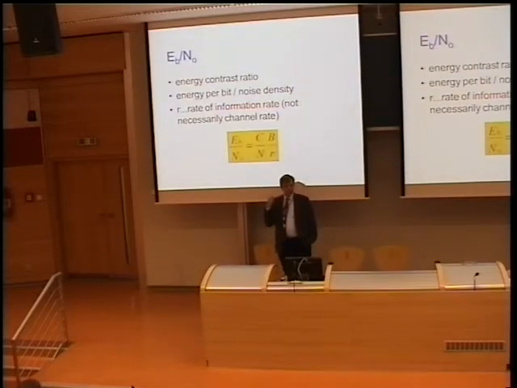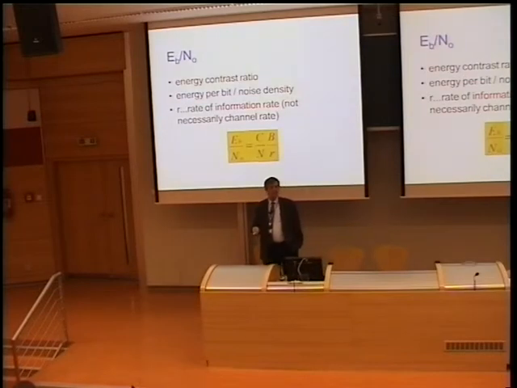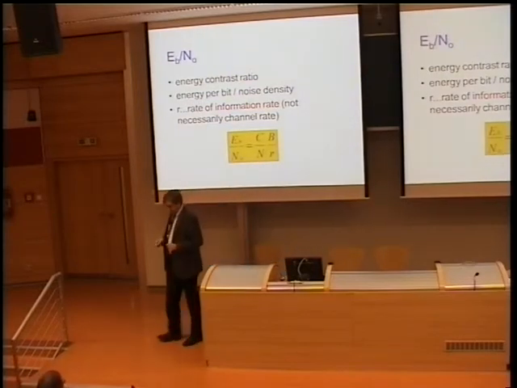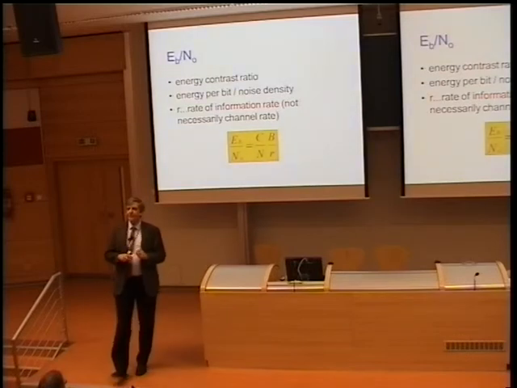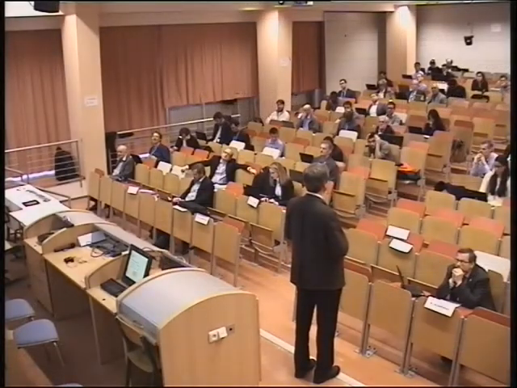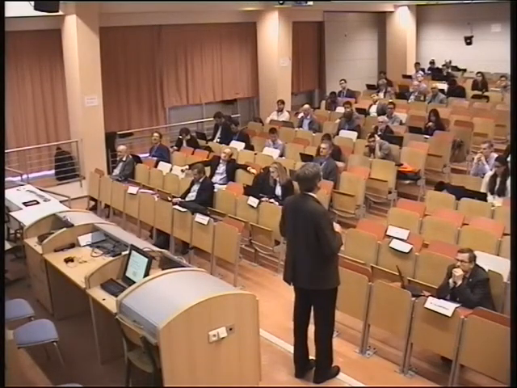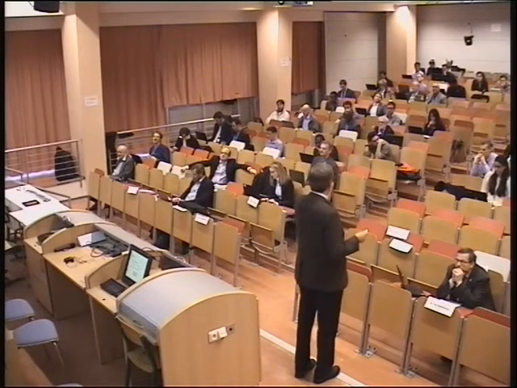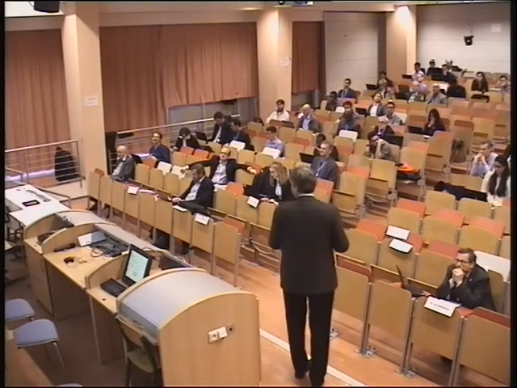In digital communications, a very important figure is the energy per bit over the noise density, Eb over N naught. And the quality criterion for a digital communication system is the bit error rate as a function of Eb over N naught. Why Eb over N naught? We have learned C over N, we could do that. Cautious. The point is,